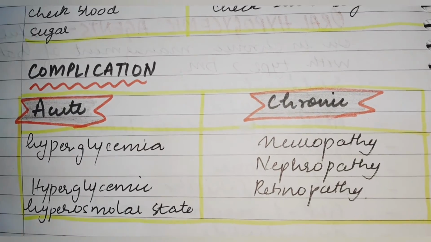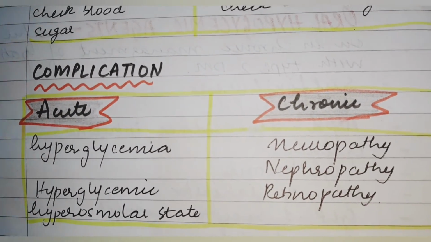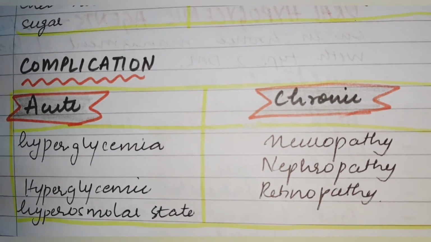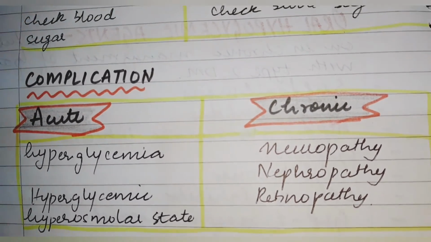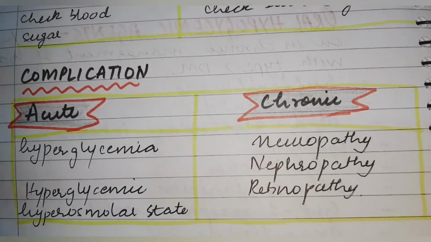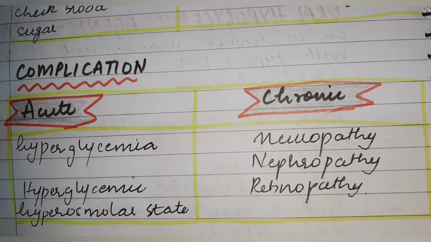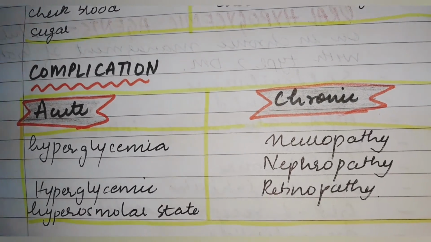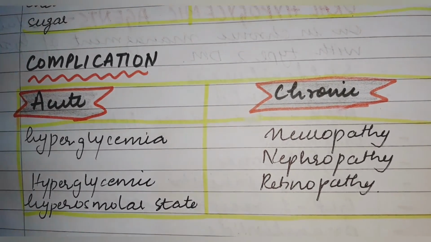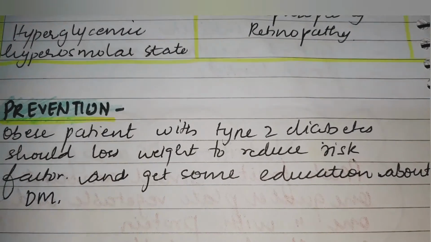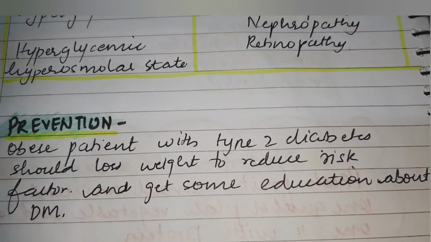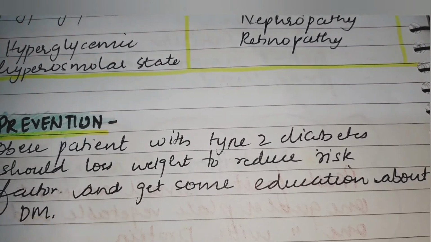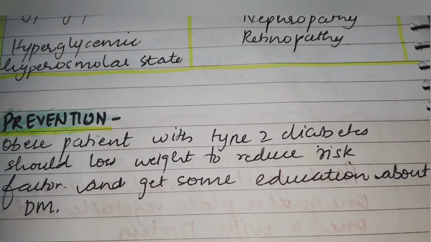Coming towards the complications, there are several complications of diabetes mellitus. So it's good to cure all of them with time before it exceeds. In the chronic, you will see the patient will suffer from neuropathy, nephropathy and retinopathy, and in acute you will see the patient in a hyperglycemic and hyperosmolar state. Talking about the preventions, as I said before, losing some weight is very essential with type 2 diabetes mellitus if the patient is in the obesity condition. So that was